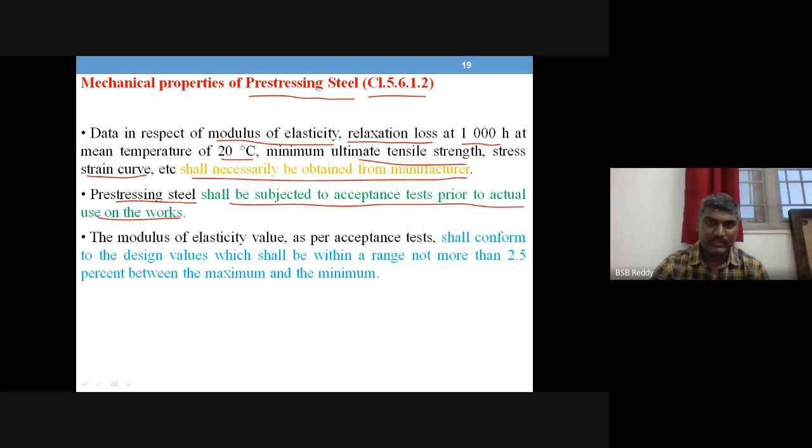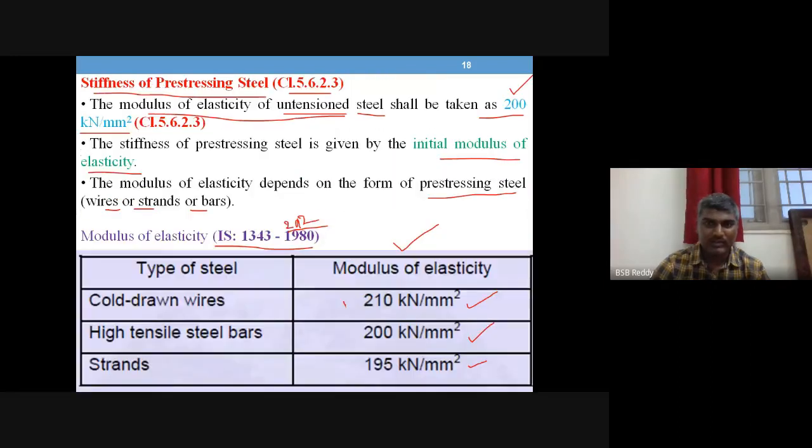So that acceptance criteria shall be adopted, and modulus of elasticity value as per acceptance test shall conform to the design values, which shall be within the range not more than 2.5% between maximum and minimum value. Okay. So this is about modulus of elasticity. The earlier code has given some values for different types of steels, but the latest code on prestressed concrete